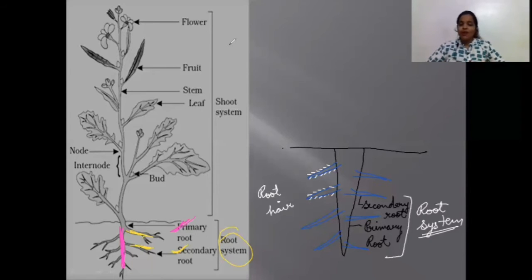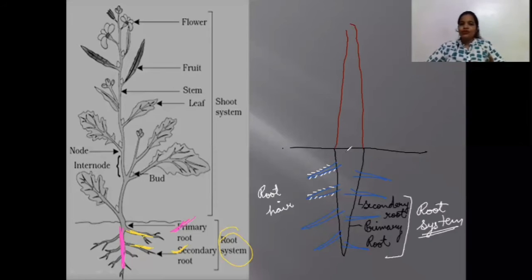So guys, this is all about the roots. Now let's begin with the aerial part of the plant, that is the shoot system. So here for the shoot system, we have the main part, this main shoot or main stem. Clear? This main shoot or main stem is basically formed by what part of the seed? It is formed by the plumule of the seed. So plumule, shoot, radicle, root, right?